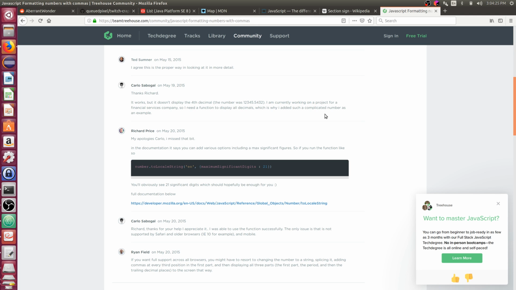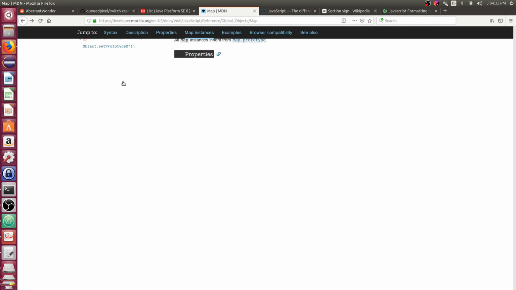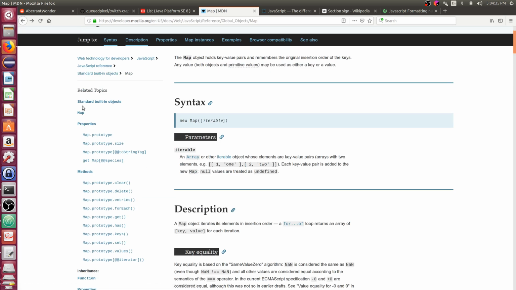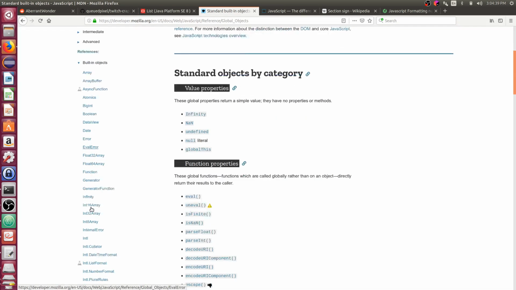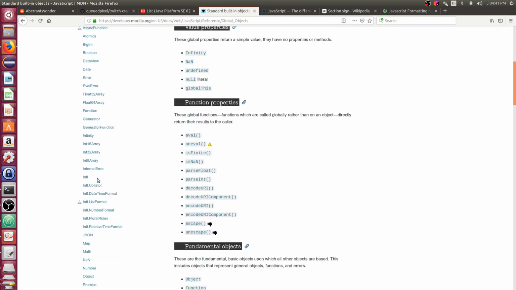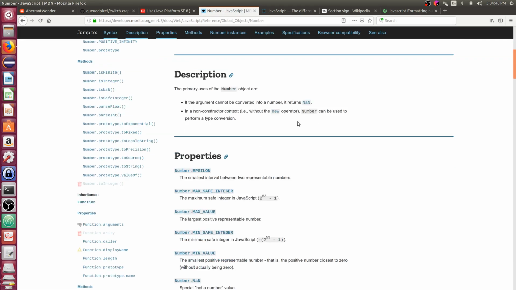There's a toLocaleString. What does that do? Let's see if this gives me a little bit more information about some of these functions.